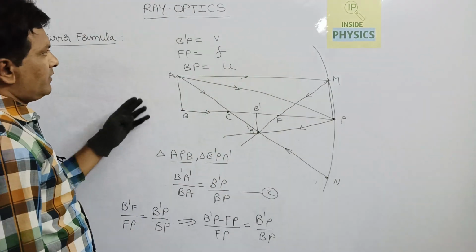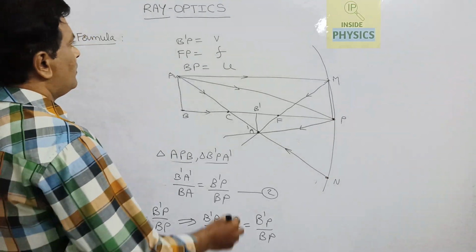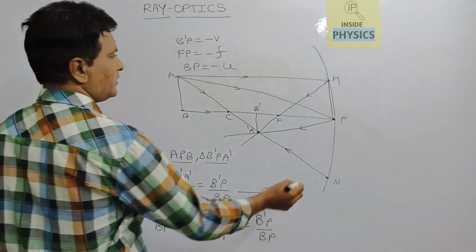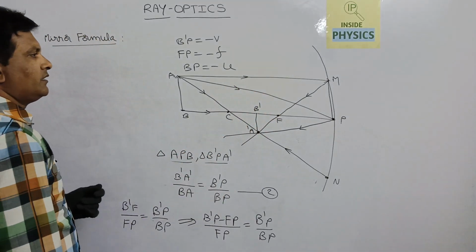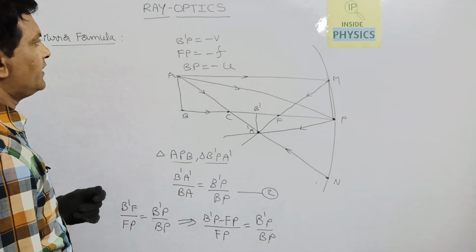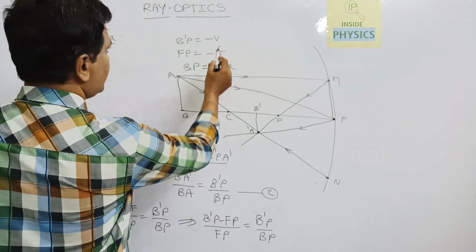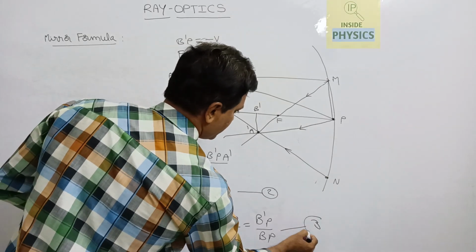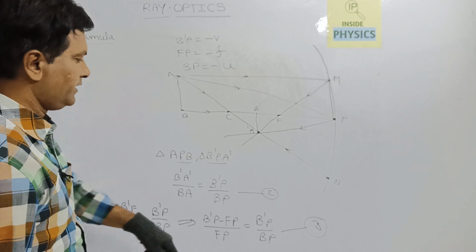According to the sign convention, v, f and u are all negative, because all distances are measured from P and opposite to the direction of the incident light. So if you substitute these values in this equation, considered as equation 3,